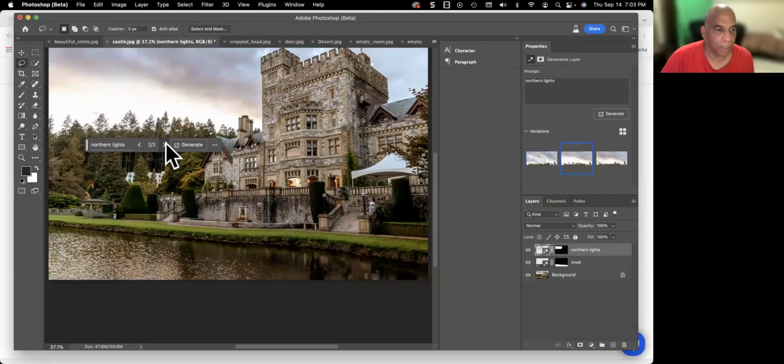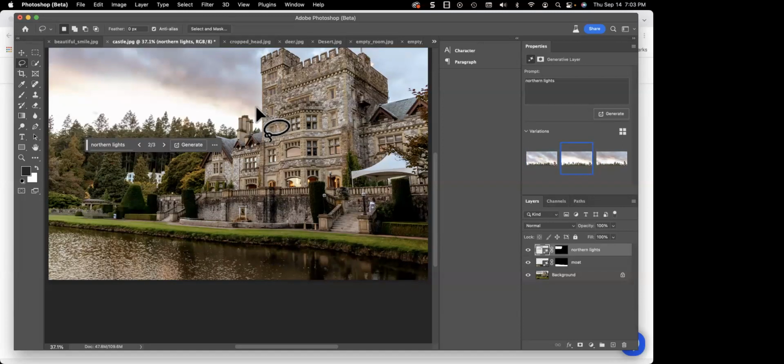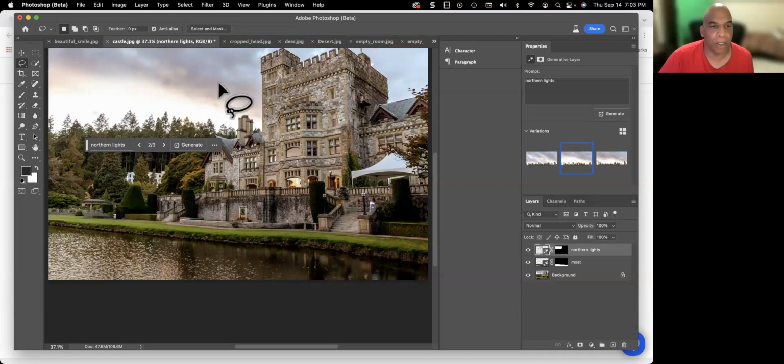That doesn't look like Northern Lights. I guess it has to be a dark background in order to get the Northern Lights that